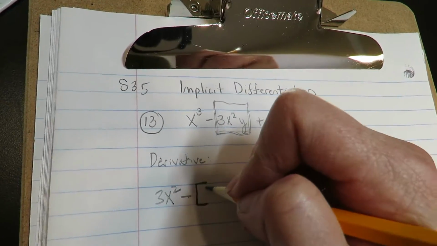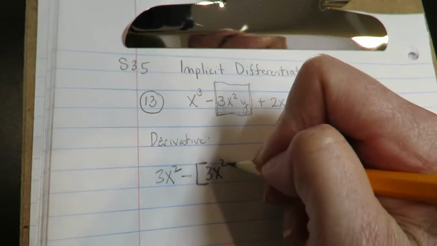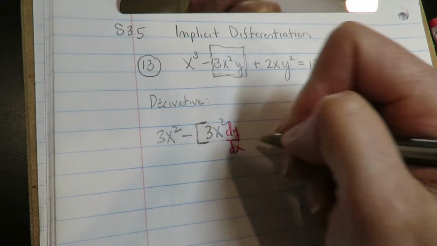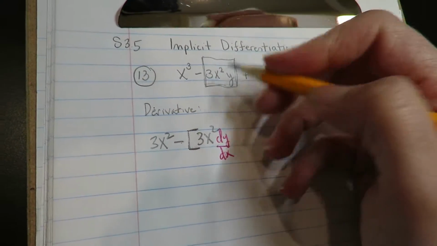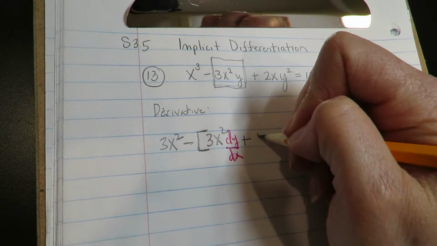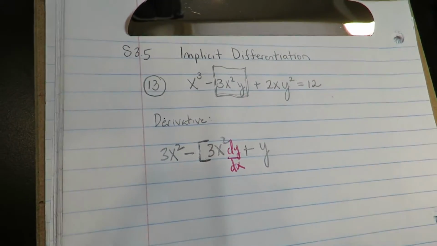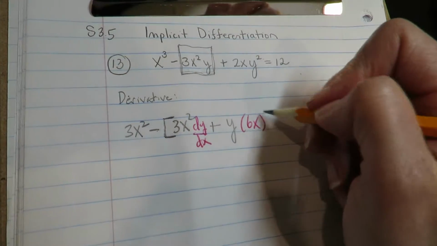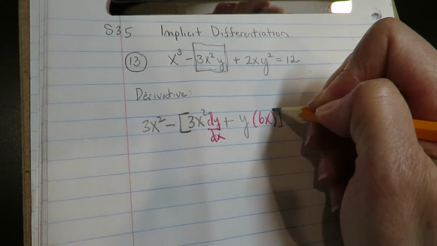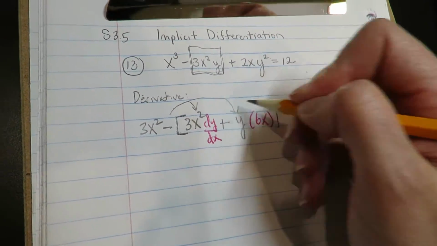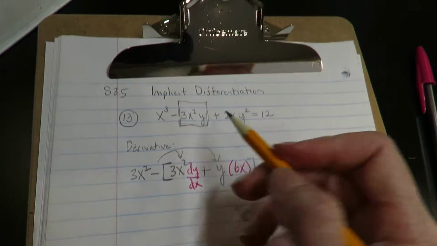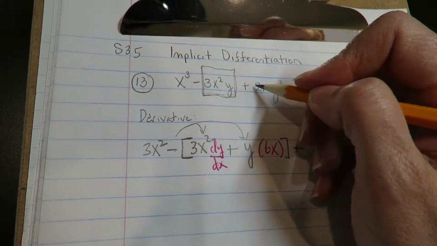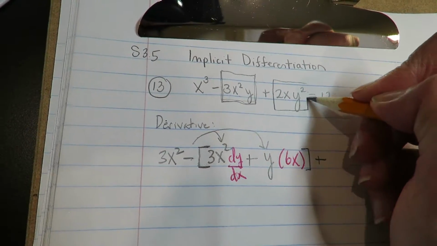All right, so first times the derivative of the second piece. So derivative of y is dy dx, plus second piece times derivative of first piece. And then, like I said earlier, I'm going to have to distribute the negative to both because you're subtracting the product rule here. Okay, plus, now we've got a product rule again,